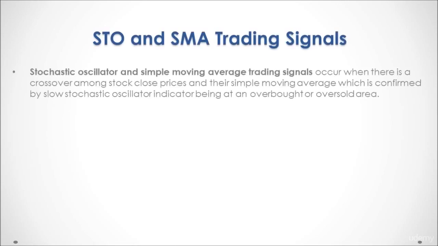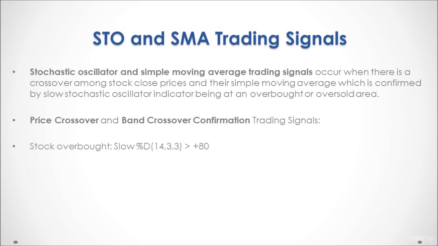Stochastic oscillator and simple moving average trading signals occur when there is a crossover among stock close prices and their simple moving average, which is confirmed by slow stochastic oscillator indicator being at an overbought or oversold area. Therefore, we have price crossover and bands crossover confirmation type of trading signals, in which stock is considered overbought if our slow stochastic oscillator is above 80, and the stock is considered oversold if the slow stochastic oscillator is below